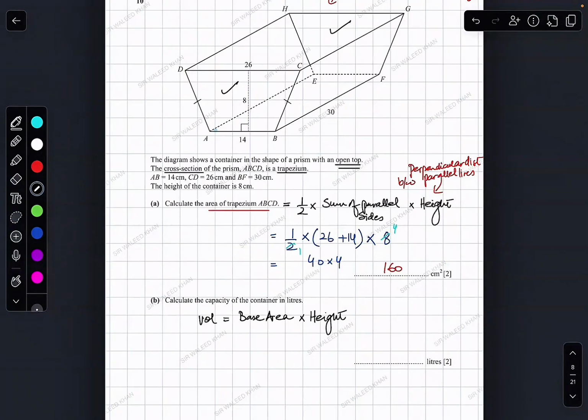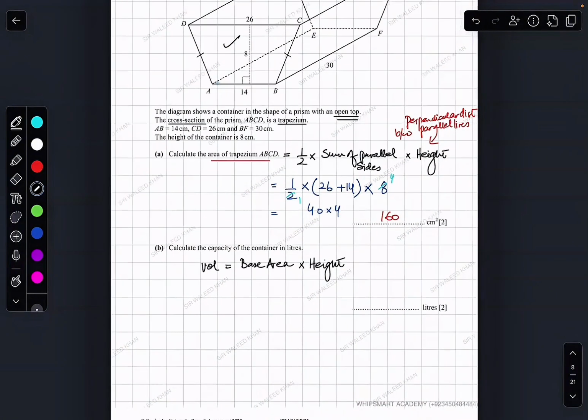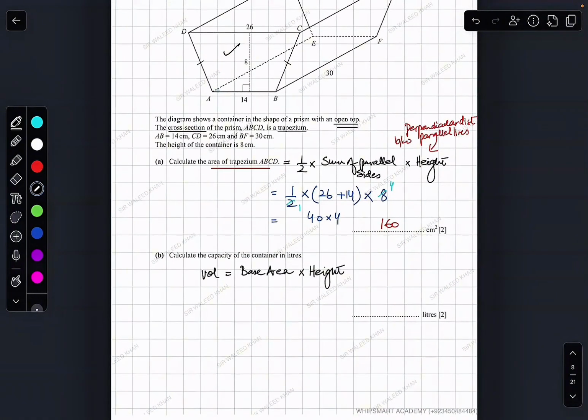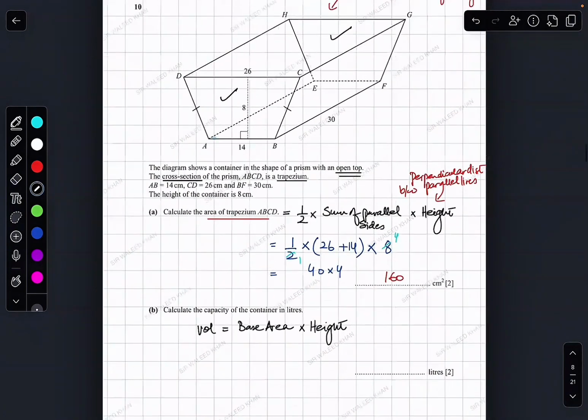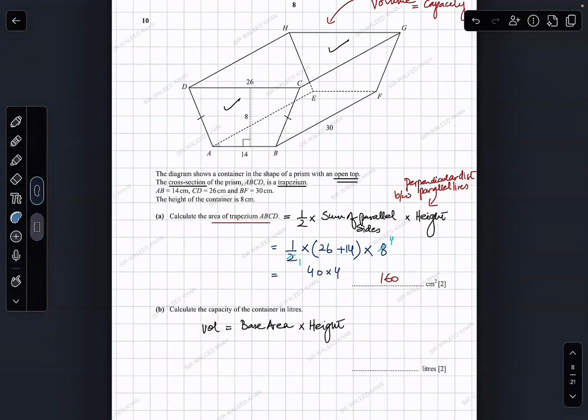So now the capacity, volume, is base area into height. यहाँ पे हम base area किसको consider करेंगे? Zaina, what should I consider the base area over here? Which shape should I consider the base? Zaina, be quick. Yes, Zaina? The trapezium. Good. Because the cross section over here is a trapezium. The parallel and identical ends are trapezium. So volume is equal to area of trapezium